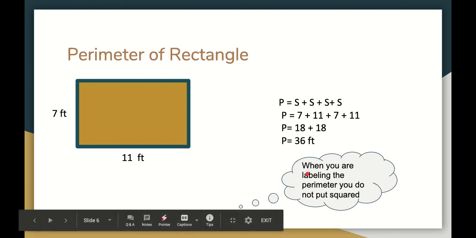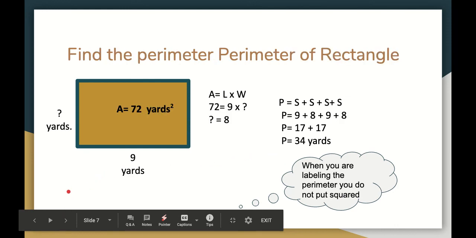Notice my little thought bubble here. When you are labeling the perimeter, you do not put squared. You just put the measurement. So our measurement here is feet. Okay, let's do our last one. Find the perimeter